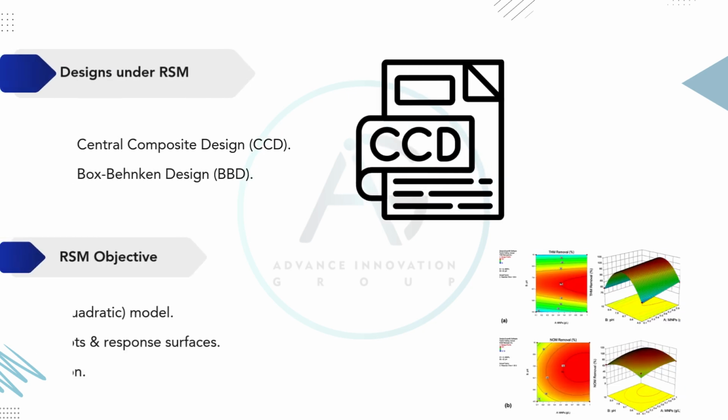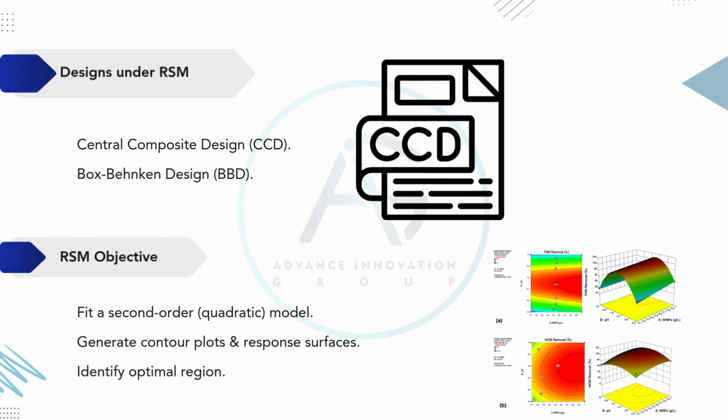Now let's look at some common designs used under Response Surface Methodology, or RSM. Two widely used designs are Central Composite Design, CCD, and Box-Behnken Design, BBD. These designs are used when our objective is to go beyond simple linear models and fit a second-order or quadratic model. This allows us to explore curvature in the response, which is especially useful when we are trying to optimize